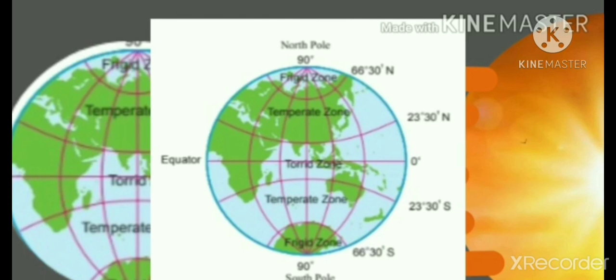Okay, and we have seen the three temperatures: high, moderate and low, and as per that the earth is divided into temperate, torrid and frigid zone. Okay, and we have seen the three rays: perpendicular, slanting and extreme slant rays also. The other half of the lesson we are going to learn in the next